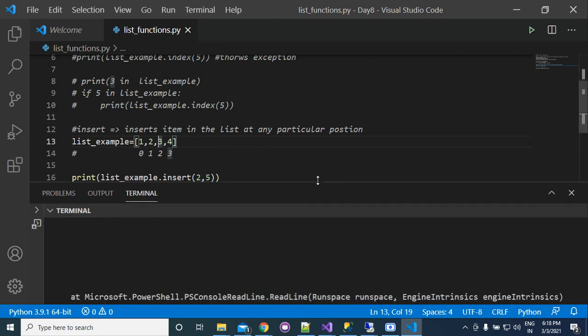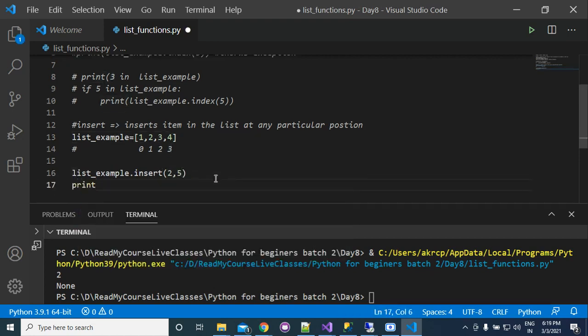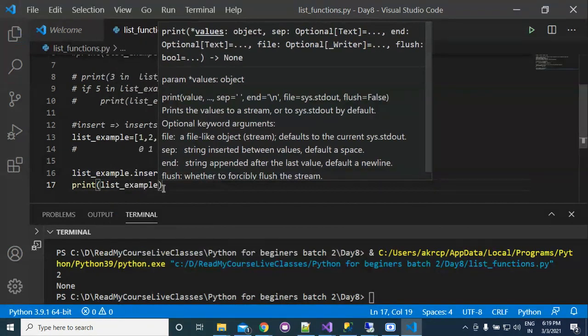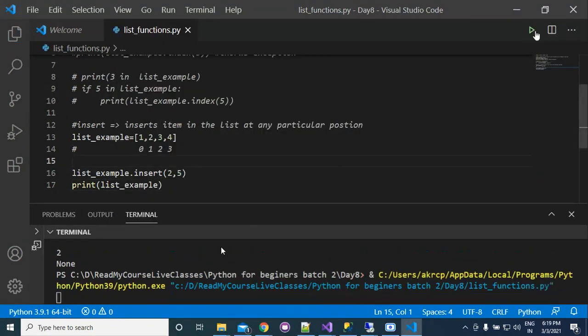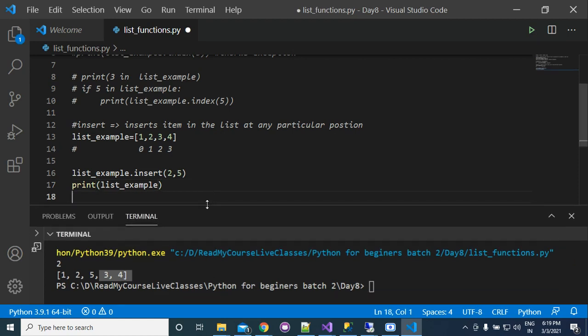Now if you run your program, it will not return anything, so you cannot print this. You will write print and list example. Now you can see your updated list. It is printing 1 2 5 3 4. So 5 has been added at index 2. Is this clear, everyone? Yes, sir. Okay.